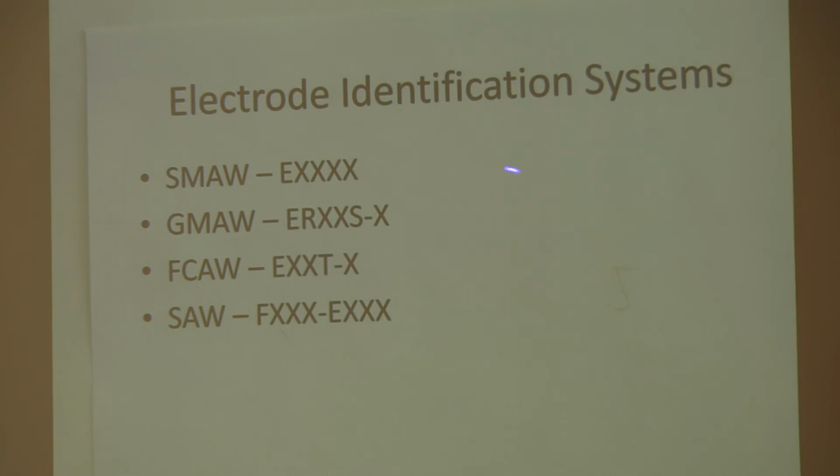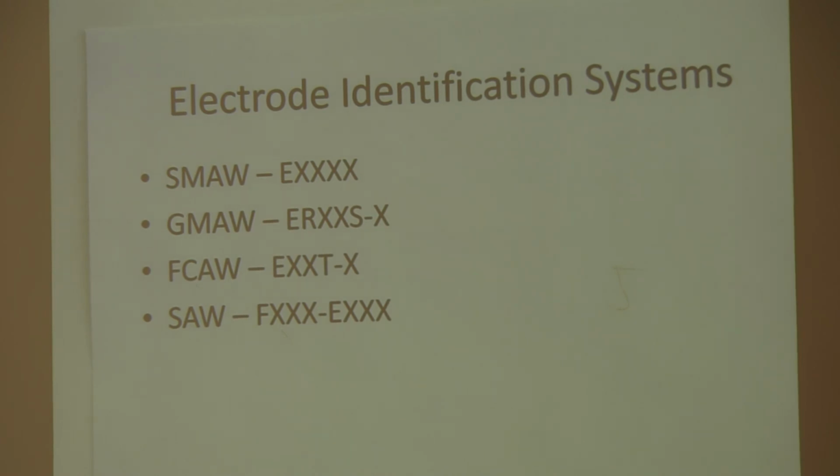Shielded metal arc welding, like I said, is stick welding, and those electrodes always are going to start with an E, and then the following two digits, if they're 70 or 60, or they can even be 110 or something like that, that's the tensile strength that's required of that filler material. The third digit is a position, so a 7018 can only be used in